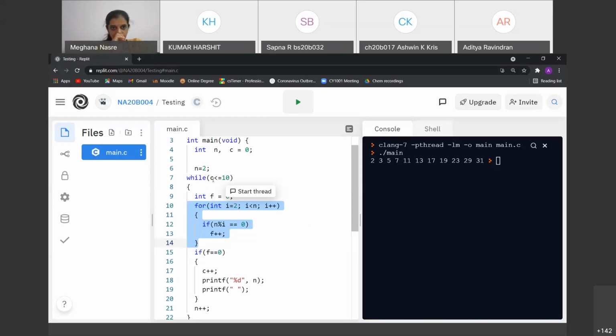Okay, so one thing is how many is it printing out? Is it printing 10 or 11, if you are starting at C is equal to 0? Yes, it's printing 11. Right. So this is a logical error. If you have C is equal to 0, then you should have C less than 10. Otherwise, initialize the counter to be equal to 1, and then it will be correct. So that is one logical error, but that is one small thing.